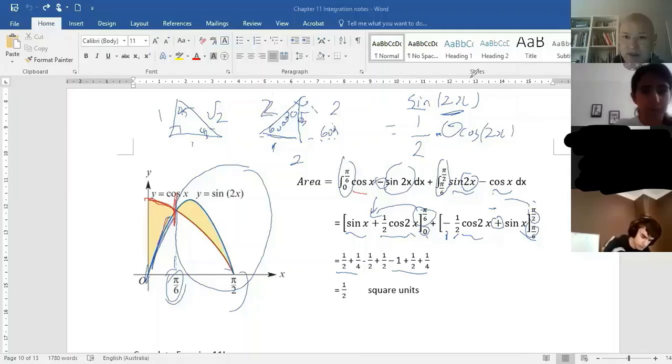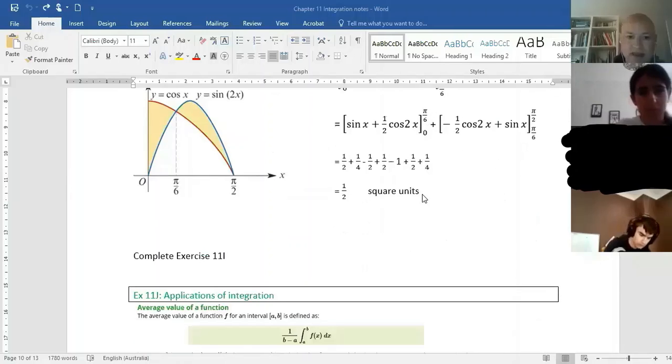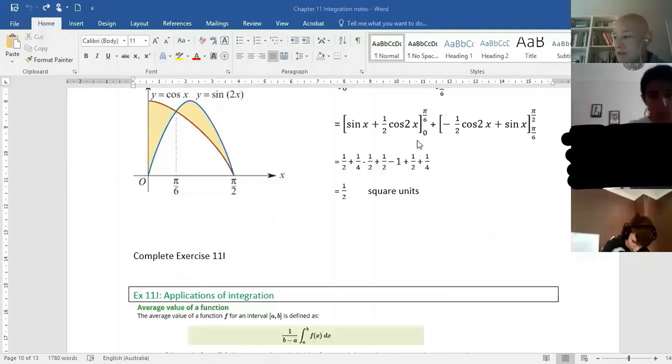Okay, let me clear this one. That's 11I. So I'm going to stop here today. That's 2 exercises I have done. I know that Neha, you sent me some questions. I've worked out